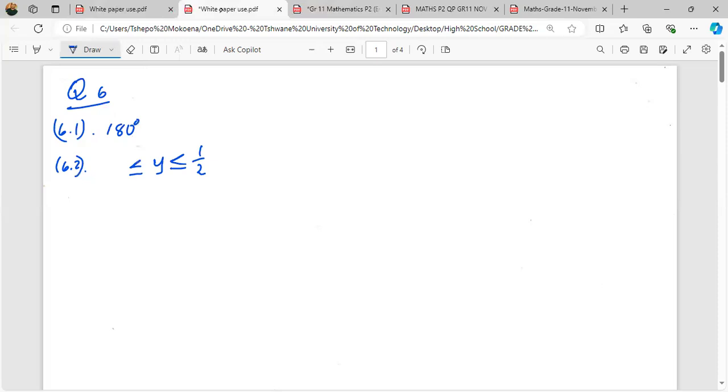But if I had y less than 1/2, that means I didn't include 1/2. But immediately when I say equals to, I am including it, because our graph, indeed, is passing there. That's not an asymptote, right? That's why I'm saying I'm including it. So y is less than or equal to 1/2, but greater than or equal to negative 1/2, which is